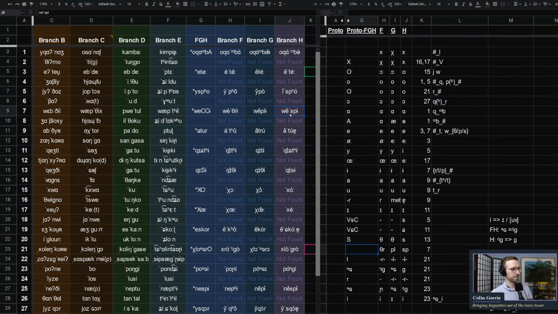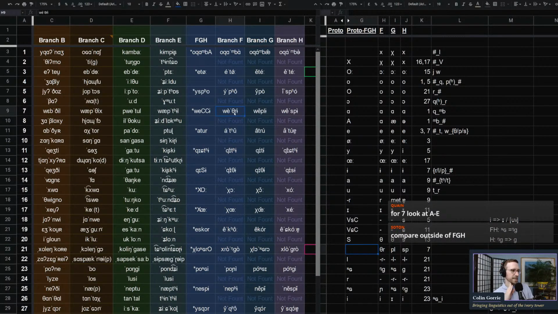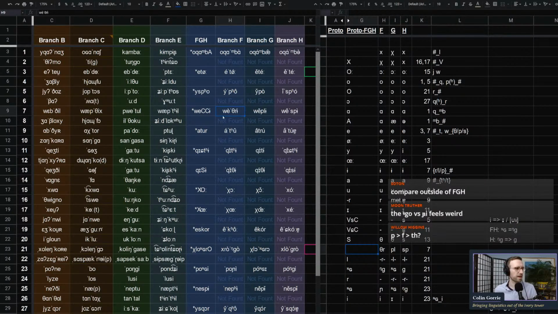West Spee. We like the Spee here. Or rather, when I say we like the Spee here, that's a meaningless statement. What I mean is that branch H is okay with these S consonant clusters. We don't see aspiration, but we wouldn't expect to see it on a trill. And instead of losing the S, if this were indeed a proto-S, we have this th, which leads me to believe that it's probably not the th.